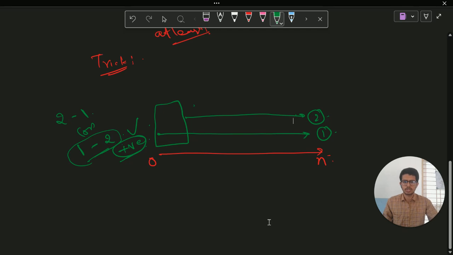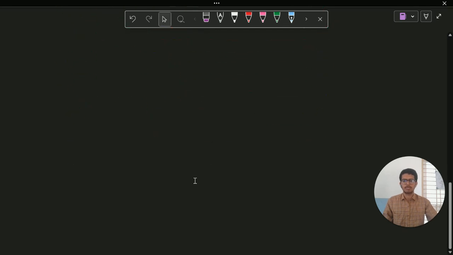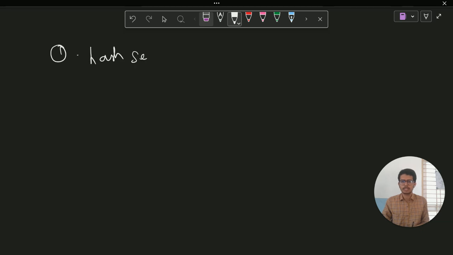So what is the approach for this problem? In the initial step, first, we should keep track of the vowels. So we add all the vowel letters into a hash set. That means the hash set contains A, E, I, O, U letters. Next,